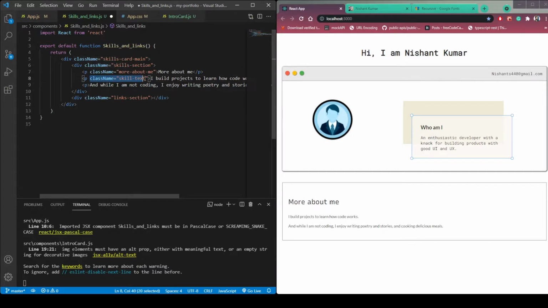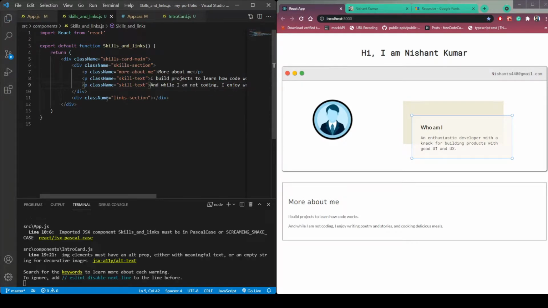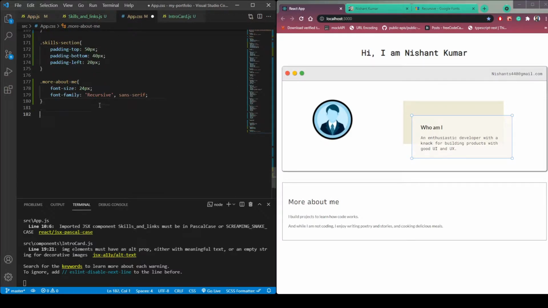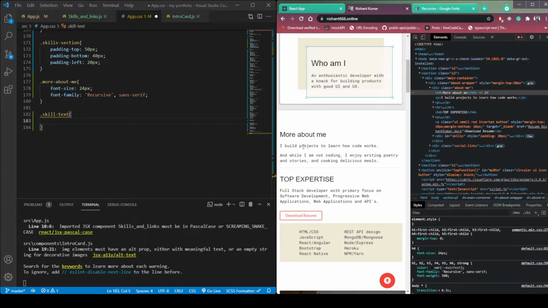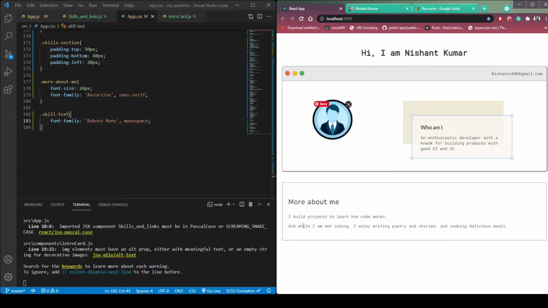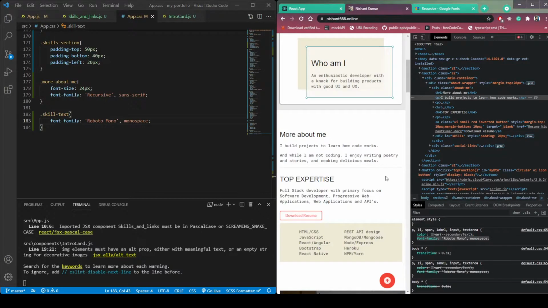Then copy the class name, and in the second paragraph tag the class will be same. Here paste it. Then let's check the font family. So inspect it, and the font family is Roboto Mono. So copy this font family and paste it here. You can see the font has been changed.